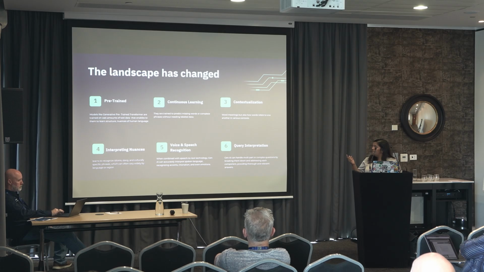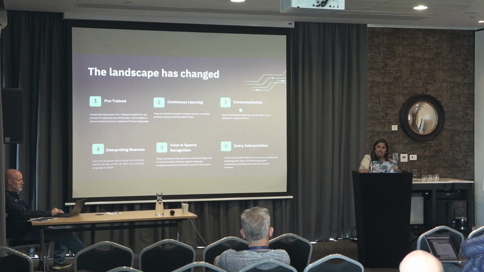Second thing I would say is continuous learning, which is basically these models are trained to predict missing data, like what the next word is probably going to be. So you can complete all the phrases without needing additional, or maybe with limited, information. The third, which I would say is probably the most important bit, is contextualization. And this word, context engineering, was in boom back in 2024. It's still an older version, however, people still haven't got it right, which is quite funny.